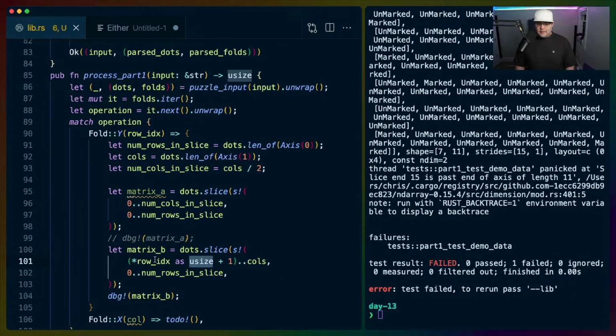Why is the stride 15? Row index should be 7. So 7 plus 1 calls. So 7 to 15. And then 0 to num rows. Num rows should be